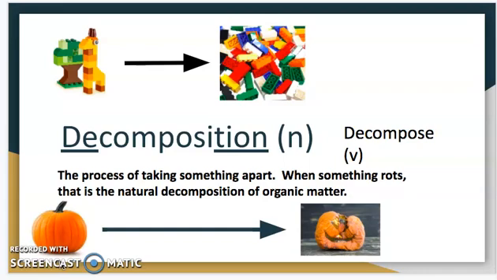That means there are things, and we're going to talk about some of those things, that would take what makes that pumpkin up, would take it apart, and eventually it would look like this. And eventually it would just go away because all of those parts have been taken away and separated and put